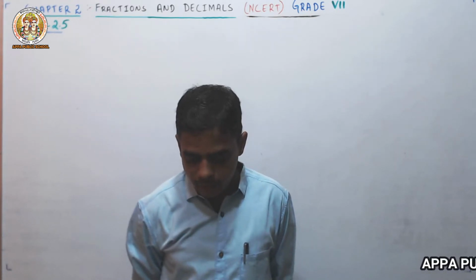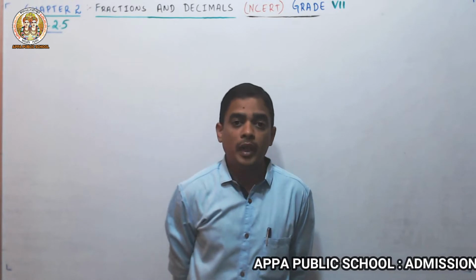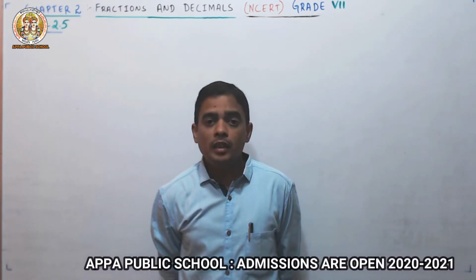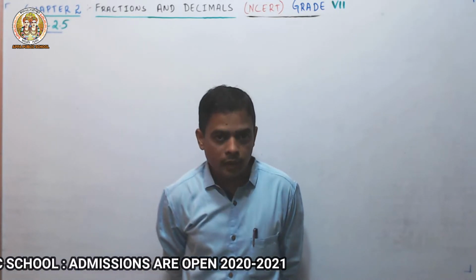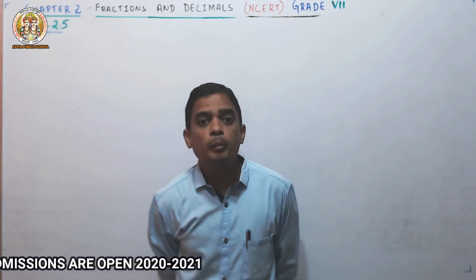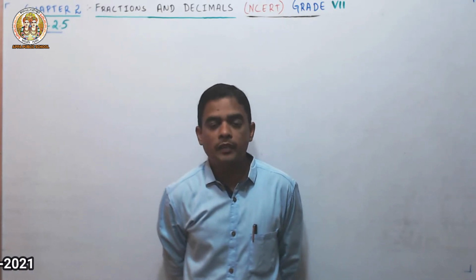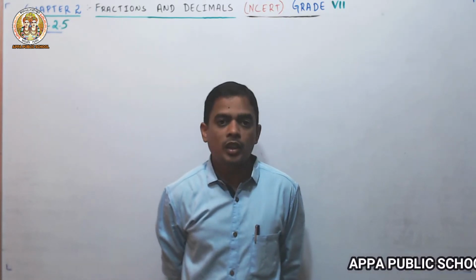Under that, the second bit, express 35 millimeter. So he has given 35 millimeter. You have to convert that 35 millimeter first into centimeter. Once again, what answer you get in centimeter, that one you have to convert into meter. Once again, that meter you have to convert into kilometer. See, first centimeter, after that meter, the last kilometer.